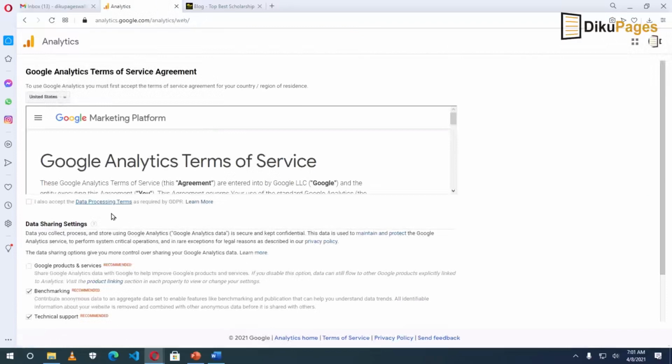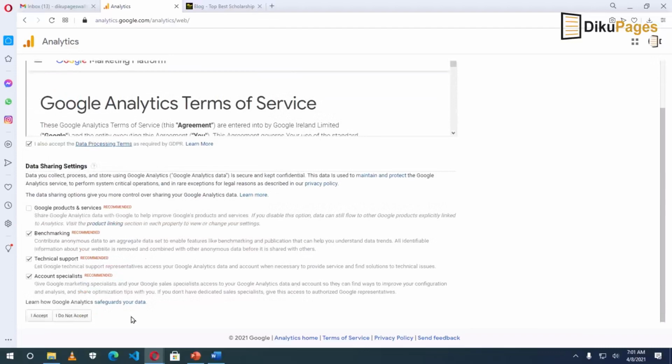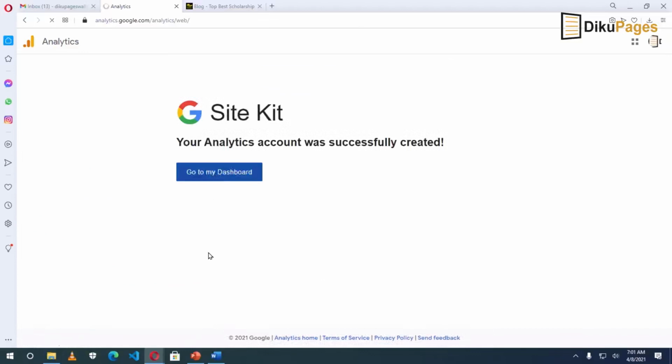So in here, I accept the terms of service. So I choose my country. I also accept the data processing terms, and I click on I accept. Go to my dashboard,